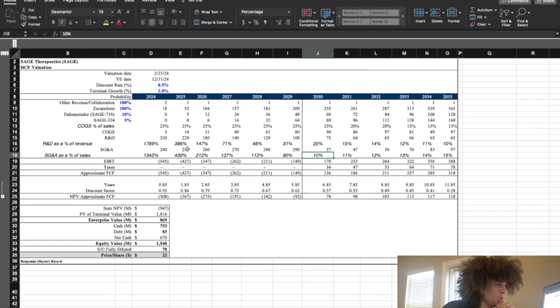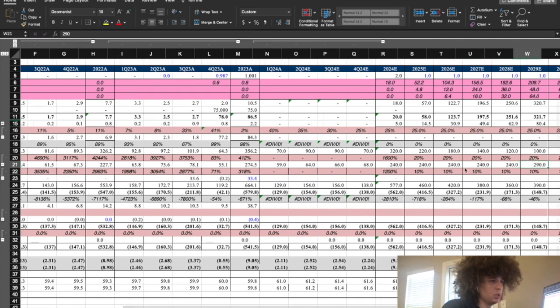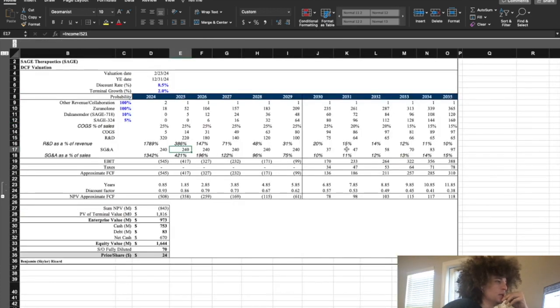I'll keep this. I just want to see what happens. So I'm just going to see what happens when I say it's 240, 240, 240, 240. I can update that sheet. I'll probably do it right now, but I want to just see this. So we get a little bit more price, but again, I'm giving them all these breaks,